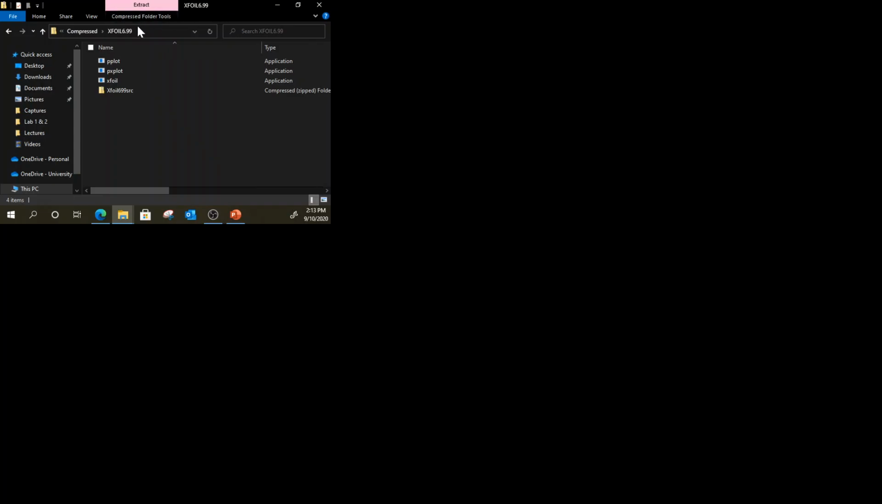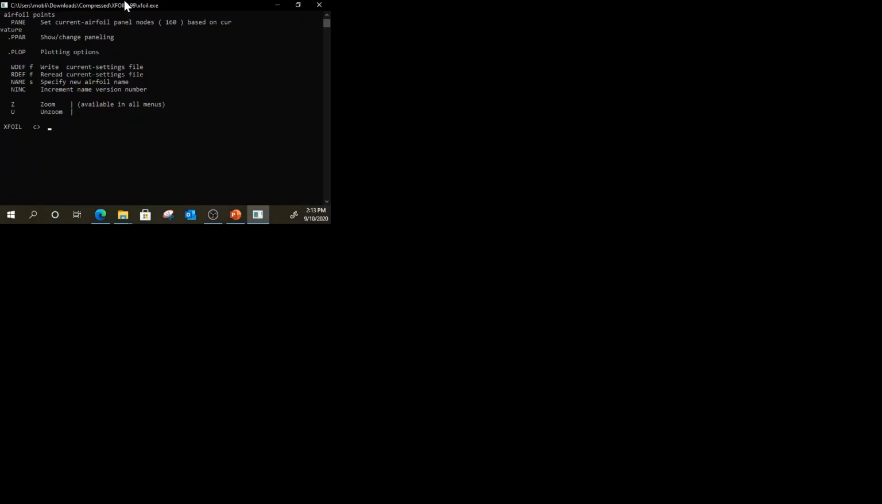Just extract the file. Pretty simple. Then I just extract this. Okay. After extraction, there's no installation, so that's it. Just extract the file and that's it. And as I said, it is a command line based software. So you have the command line. The first thing you want to do is